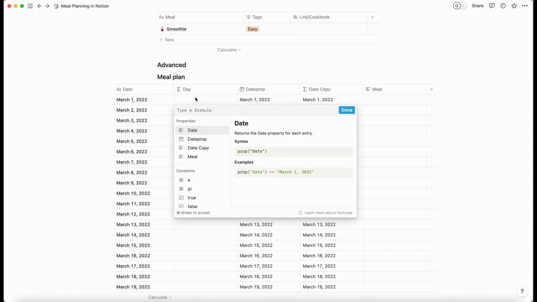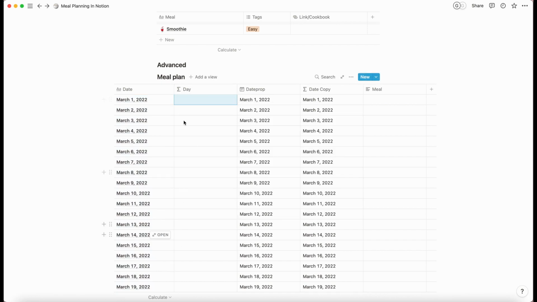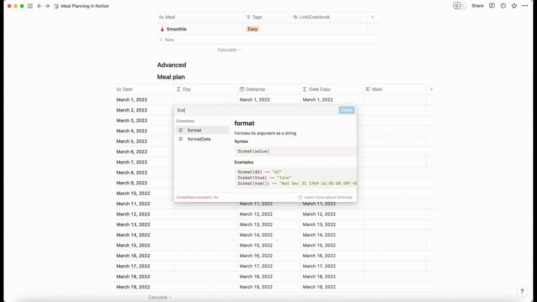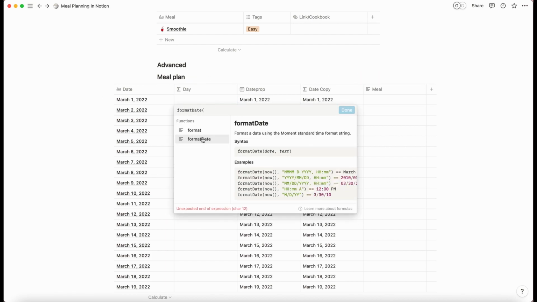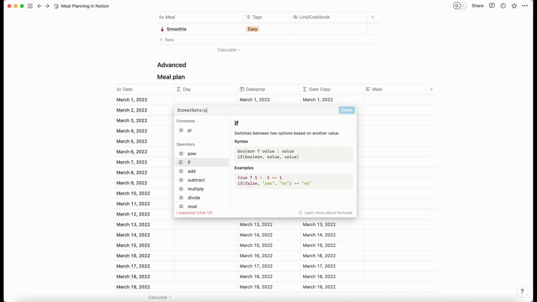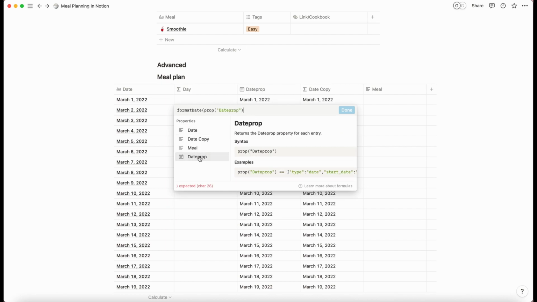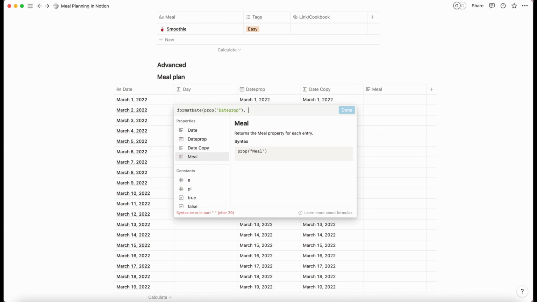Now we are going to do day. So I want this to tell me what day of the week it is, because maybe I have Taco Tuesday and I want to know if it's a Tuesday so that I can write that in easily. So let's now do format date. So this is for formatting dates to present how we want them to. So we're going to do prop, date prop, comma, open quotes, and we're going to do DDDD, which will tell us the